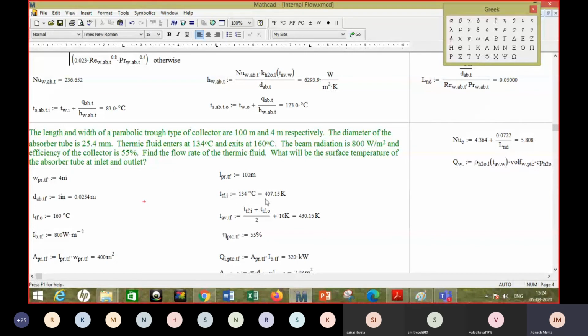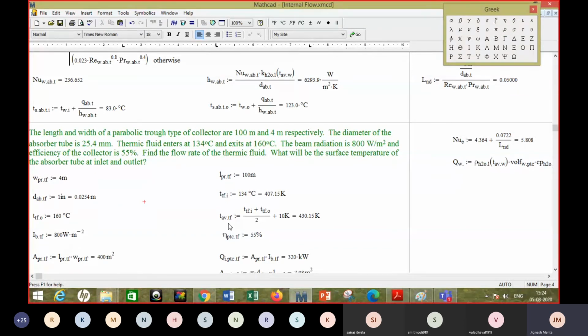So inlet temperature is 134 and outlet temperature of the fluid. So here we are using thermic fluid, and the properties for the same have been given to you. It's engine oil properties, fresh engine oil properties that you might use here, which is again temperature dependent. So you have to first find which is the temperature that you are talking about.